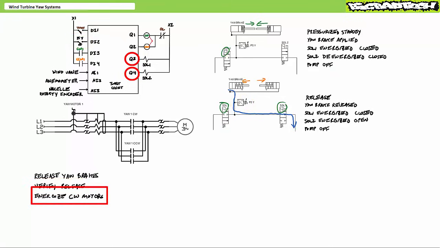Once the status of the brakes has been verified, the controller then energizes output Q1, the coil for the clockwise contactor. The clockwise contactor closes, as do the clockwise contactors for the remaining motors. The motors energize in the clockwise direction, and the nacelle starts doing a slow crawl clockwise. You note auxiliary contact CW1 associated with the clockwise contactor also closes, confirming that the yaw clockwise action is proceeding